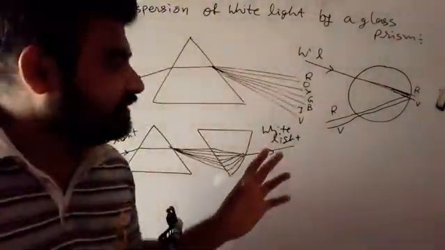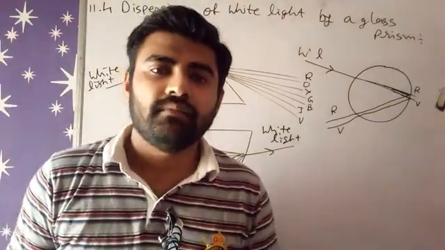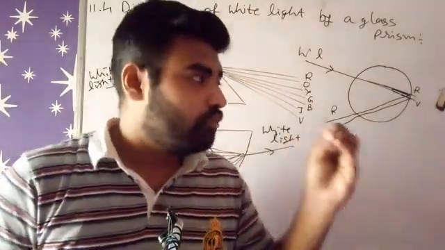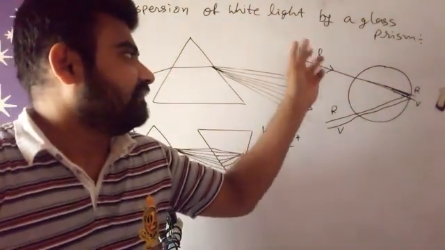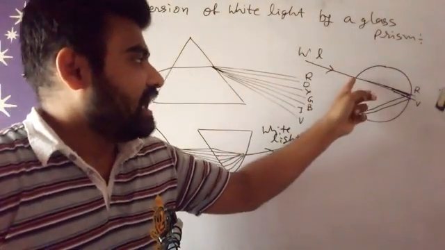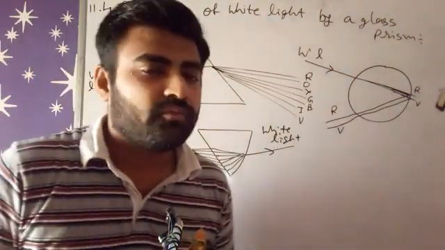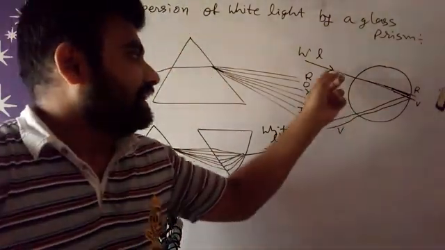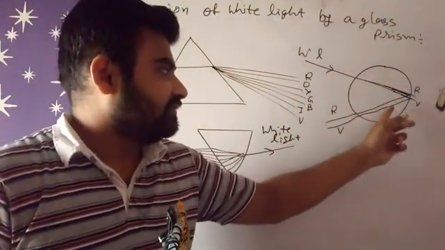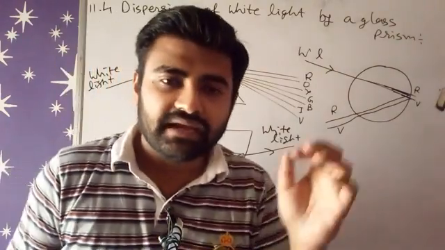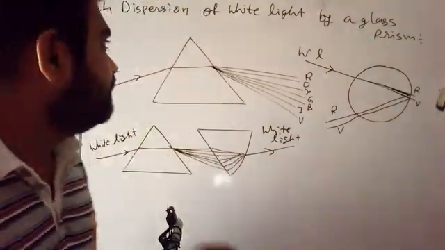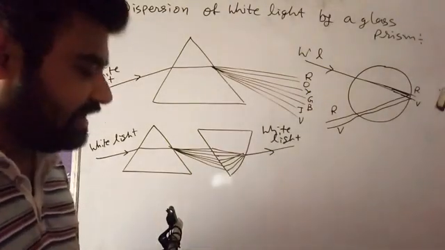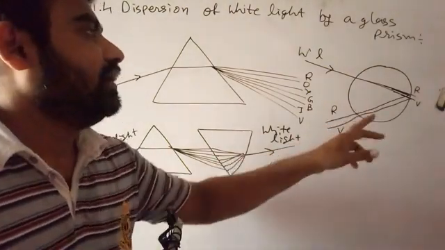The monsoon season has a higher humidity level, which means the atmosphere has more water molecules. Because of that, whenever sun rays, which are white light, fall on so many water molecules, they get dispersed, and because of dispersion we get 7 different colors of light. So that is called dispersion of white light by a glass prism and water molecules.